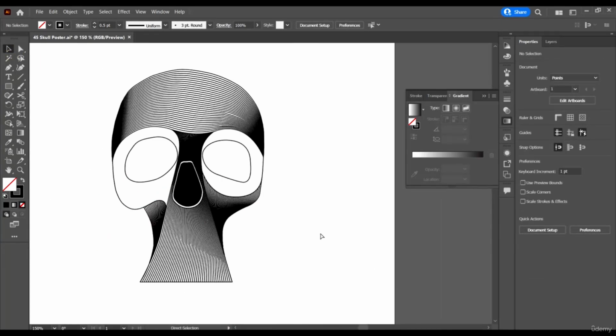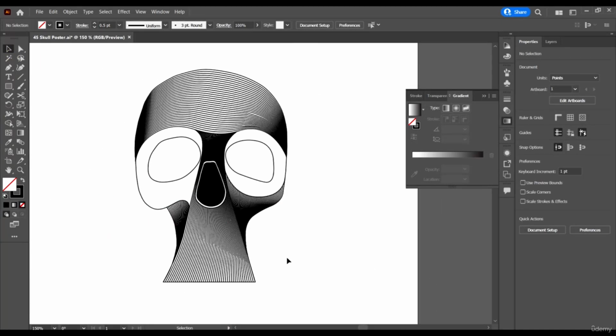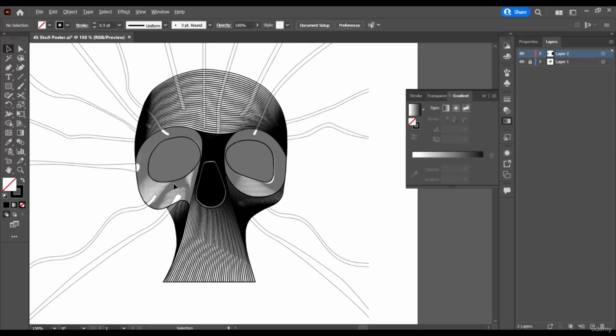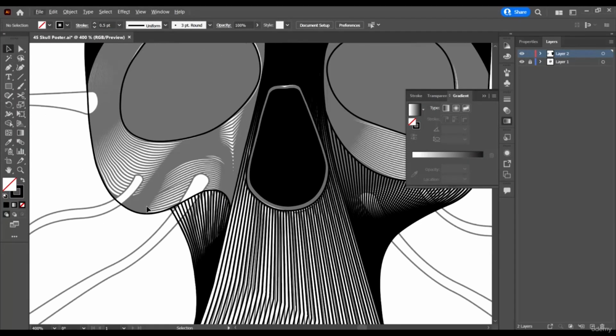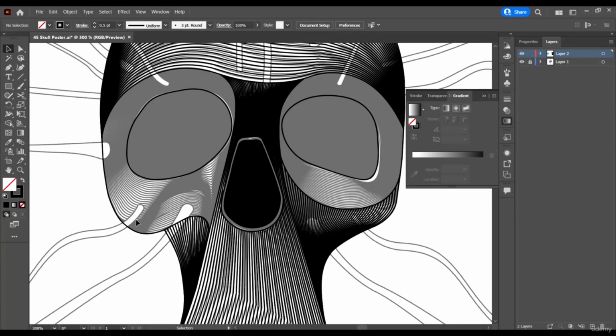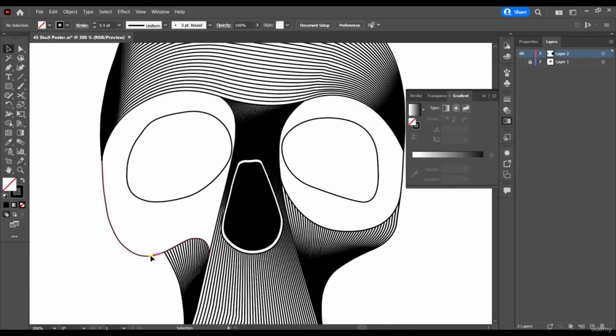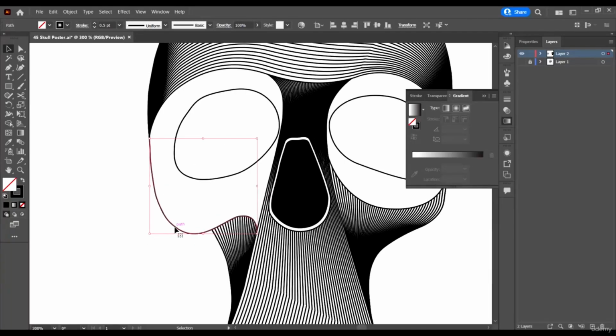Perfect. Now the next thing we need to do is let me just check what we have in here. I'm just checking how I came about with this. So what I did is I blended this guy with this guy like this. So that's what we're gonna do now. So just hide the layer, and now we have this guy, right?